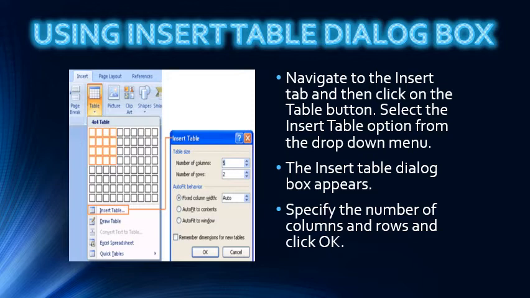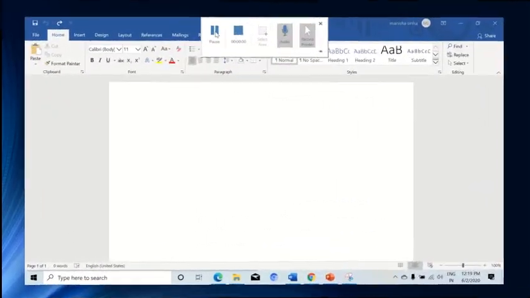Okay, this is the second method to insert or create a table inside your Word document. In this pop-up menu, you just have to mention the number of columns and number of rows.